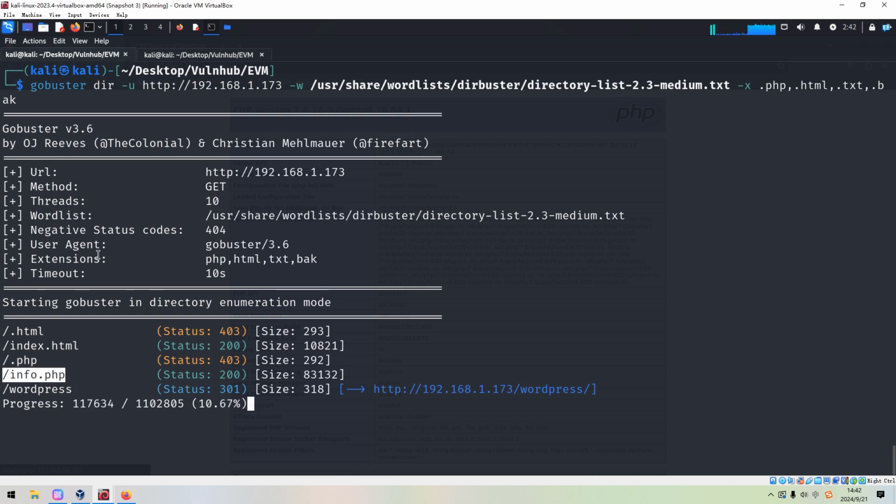Actually, GoBuster cannot find anything beyond these two files or directories. To save time in this video, I'd like to interrupt it here.